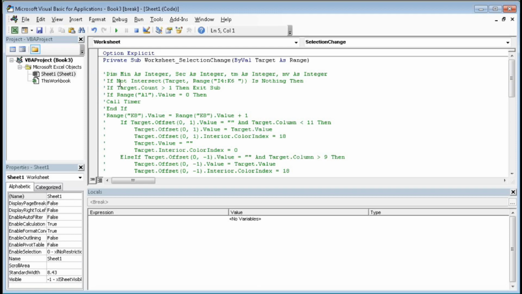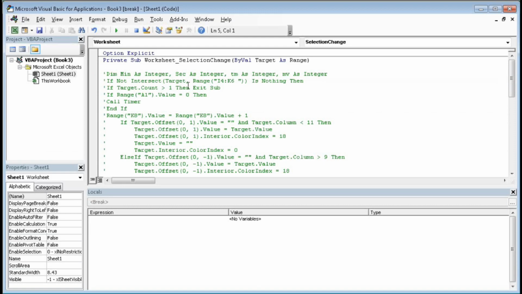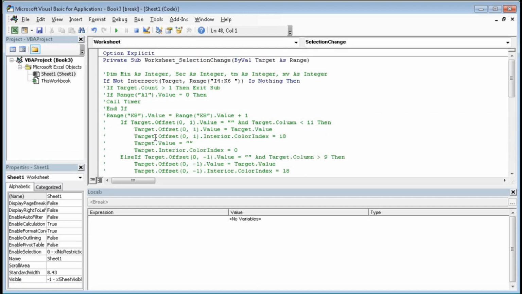First, if not intersect target, range I4 to K6, is nothing, that means if I make a selection within the range I4 to K6, then this code will run.